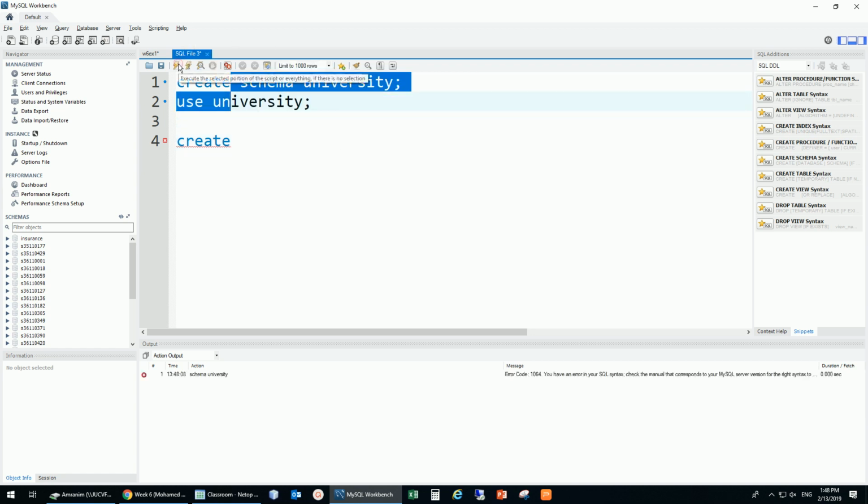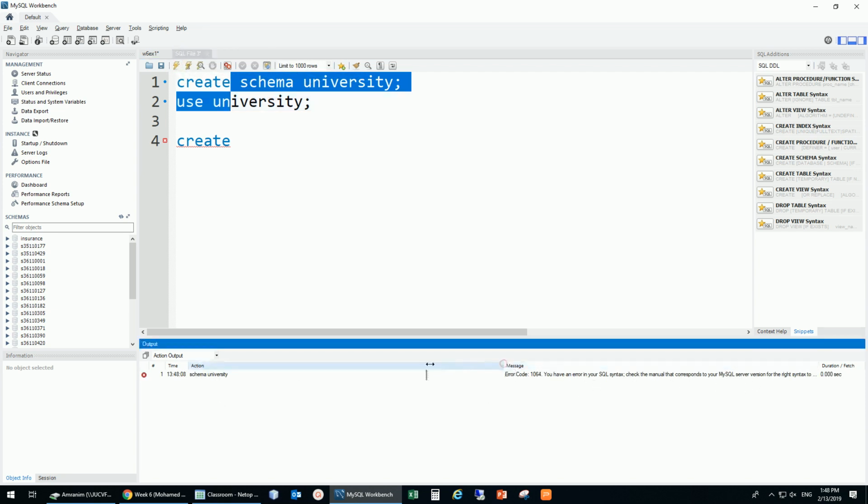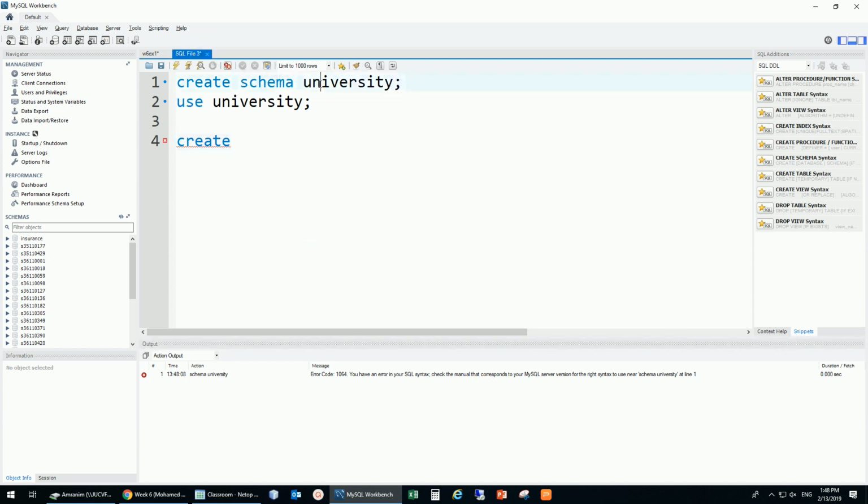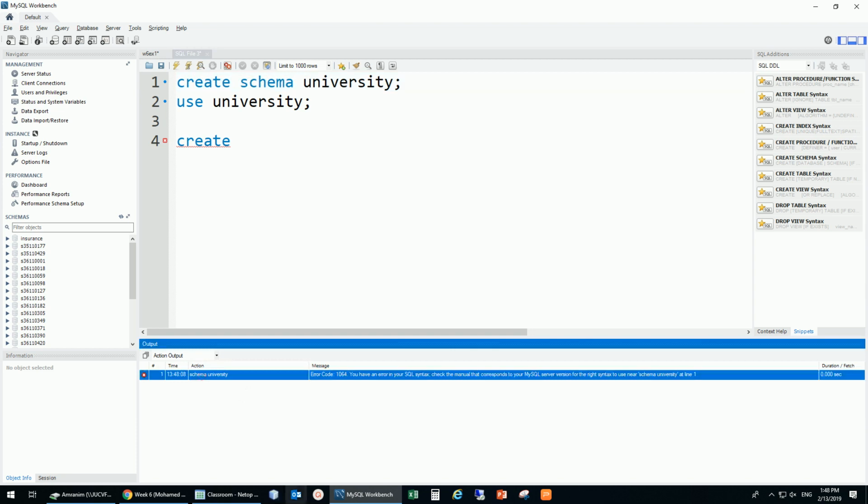And now create schema. And it says there's an error message. What was it? Create schema university. What is wrong with this? Maybe because the create has what? Oh, maybe that's the one. The action is